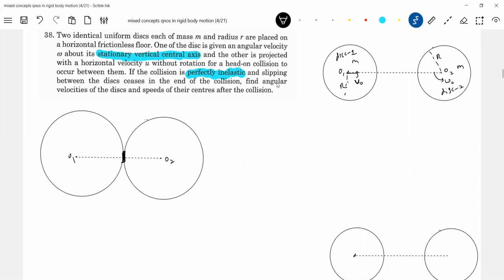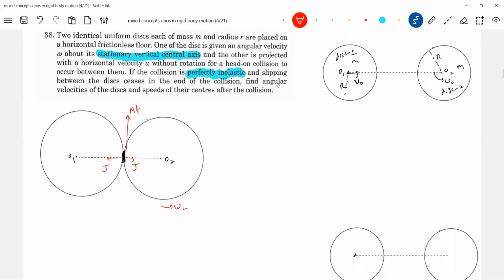What is the angular velocity of this? This was having angular velocity omega naught. The moment they come in contact, what is the velocity of this point? And impulse will act first. The impulse will act here like this. Then it was having angular velocity, this was the omega 2. Then now the friction force should act here. So mu